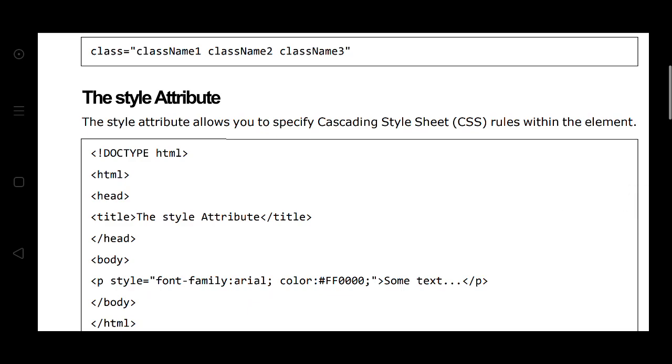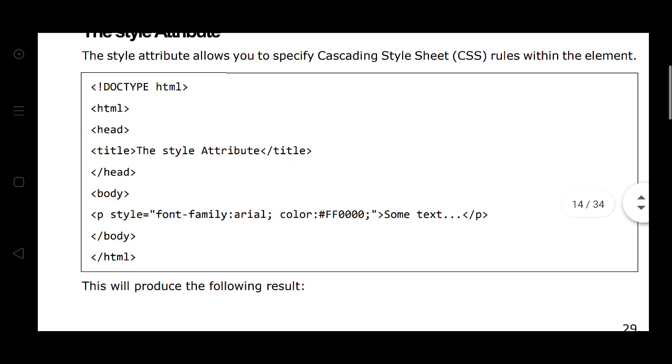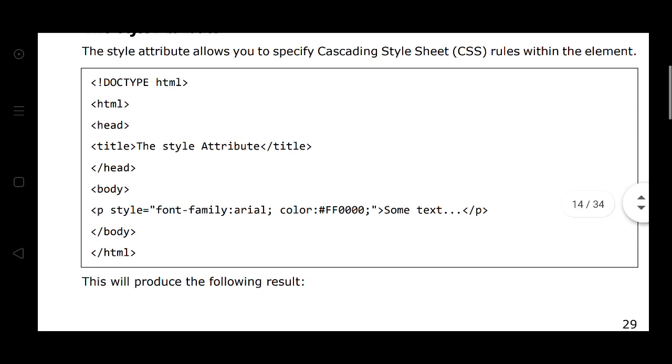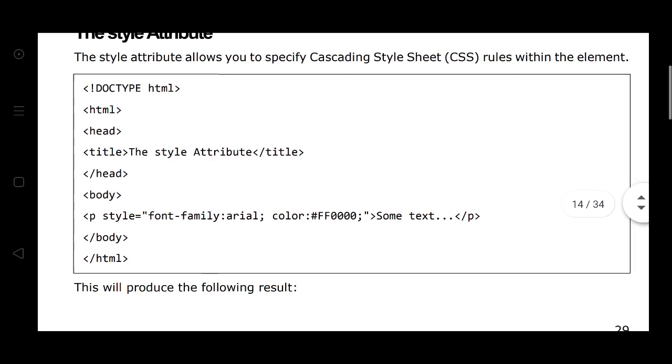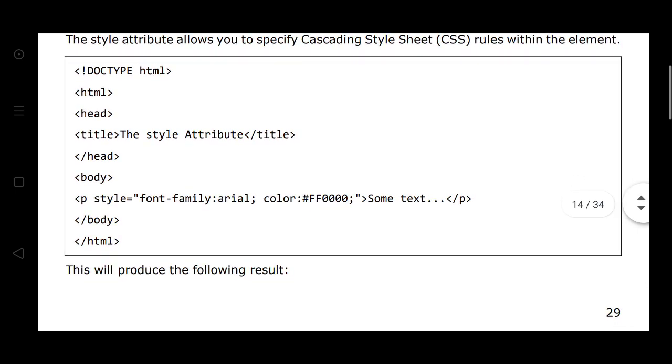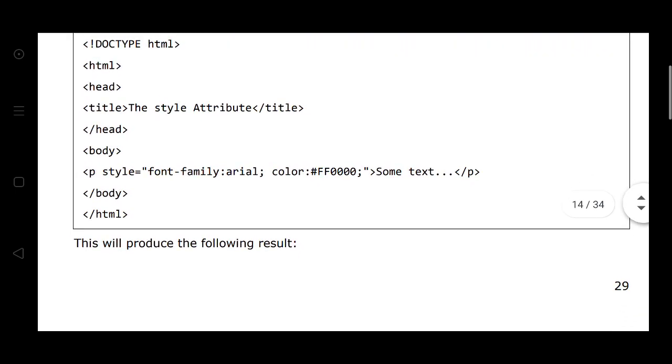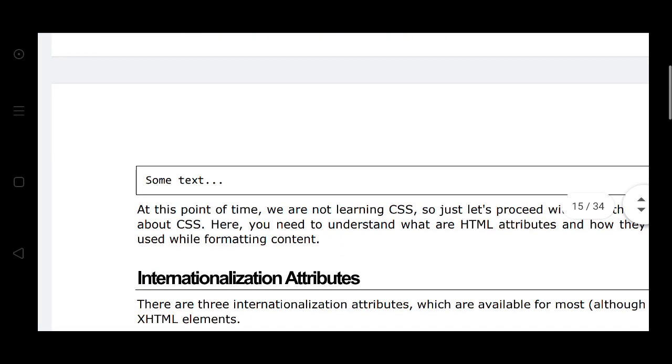The style attribute allows you to specify cascading style sheet CSS rules within the element. The p style is equal to font-family Arial, color, size, color code or something, in double quotes and the angular bracket closes, some text. Write any text here. This will produce the following result, some text.